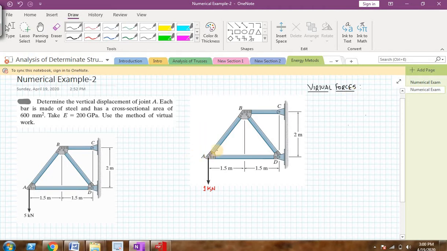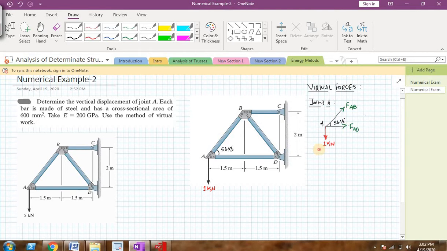Now before that, you can calculate this angle. This angle is coming out to be 53.13 degrees. You can use the tan rule to calculate that angle. Now let us start with joint A and draw the free body diagram of joint A. I've drawn the free body diagram of joint A. Let me assume some force in the member AD and some force in the member AB. Initially I have assumed both of them as tension, and the final answers will tell me whether my assumptions are correct or not.